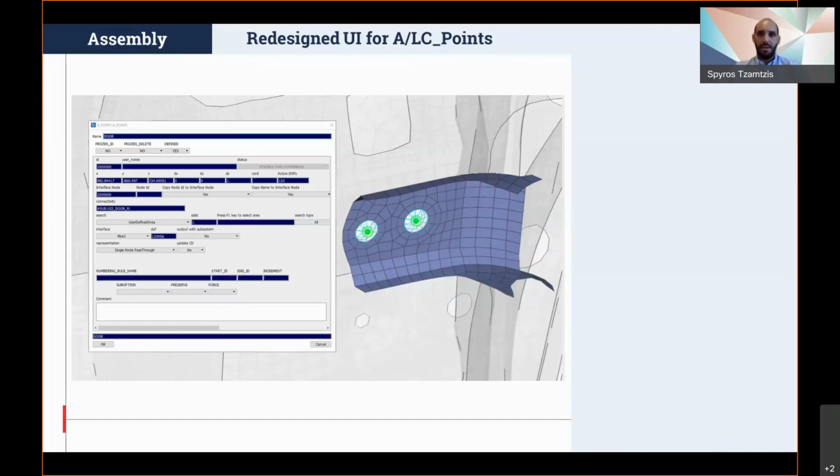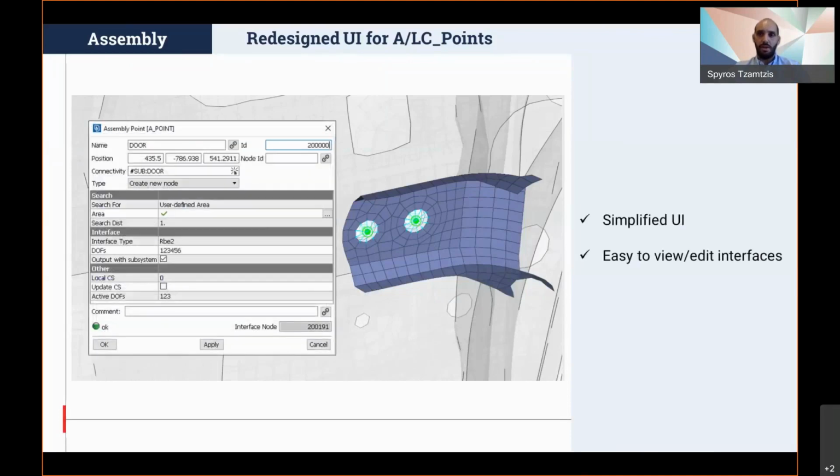However, the edit card of such interfaces were too complex in previous ANSA versions, offering more information than the average user would need. Keeping things in line with the redesigned icons and the more modern approach of the workspace tools used in the modular environment, we have redesigned the user interface of the edit card of the most commonly used assembly and load case points, offering an equally easy way to view and edit these interfaces.